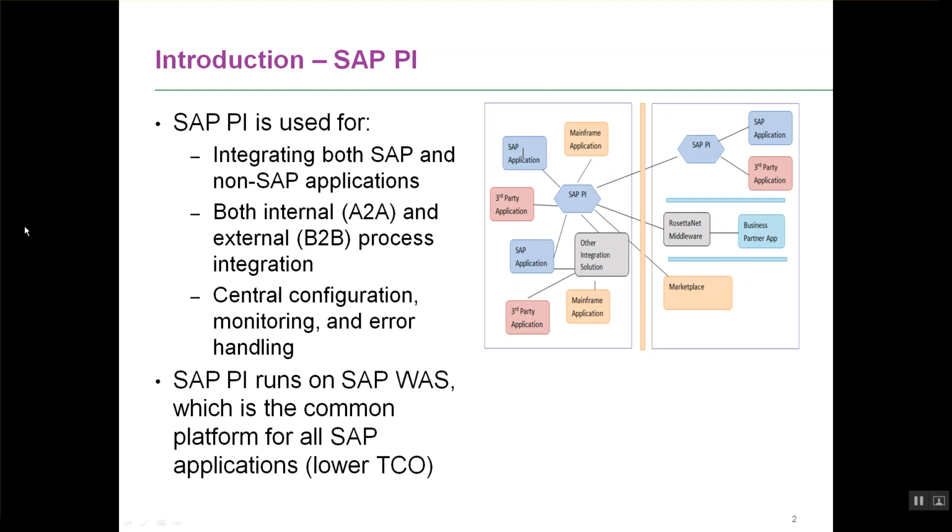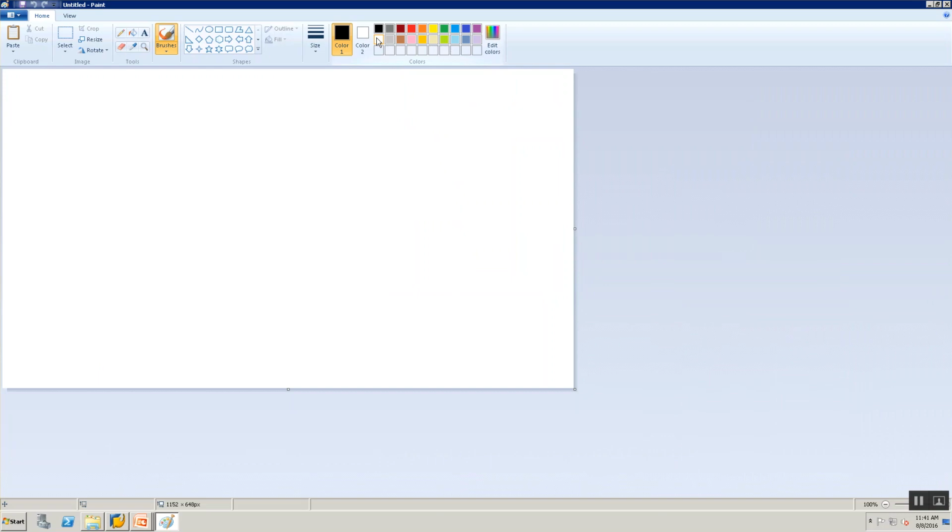So you might be wondering, yes, I understand PI is an integration platform, but then what value addition does PI do? What is the role of an EAI tool in a landscape? Let me explain that with an example. Let's take a case of an SAP ECC environment. I'm not going to write SAP out here; let's take this box as SAP. Now there's a requirement where every day this SAP system needs to send the employee data to a third-party payroll system.